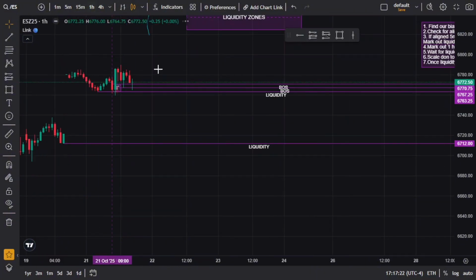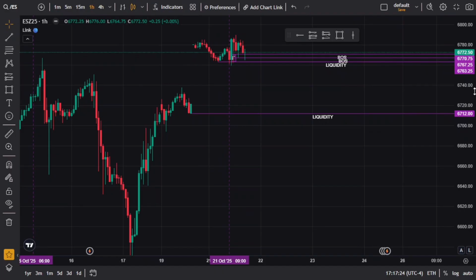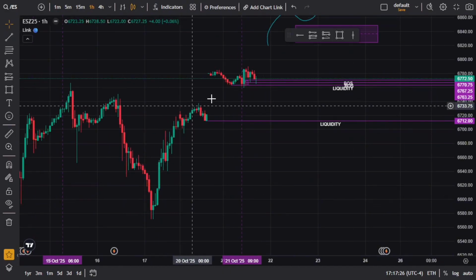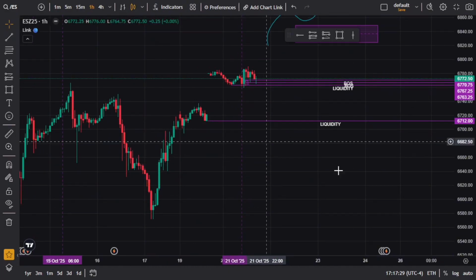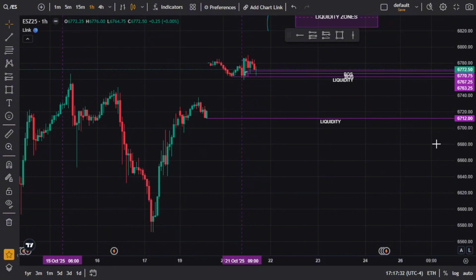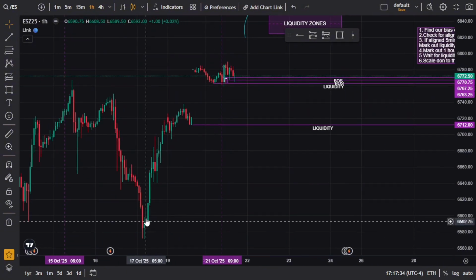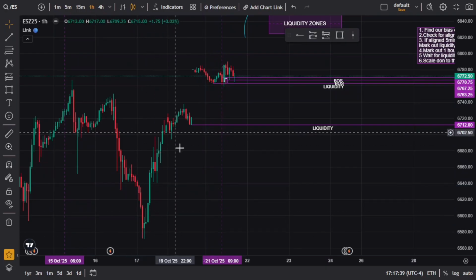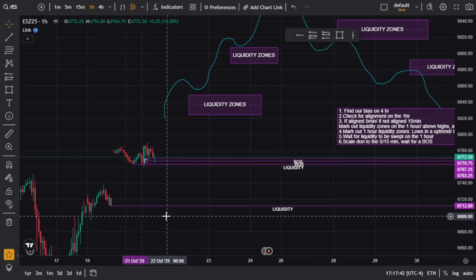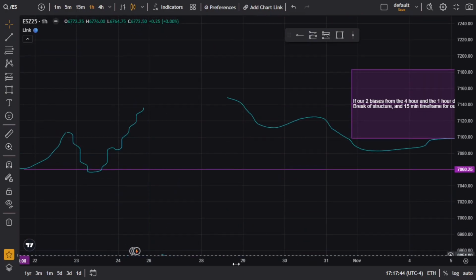you're going to scale down to your lower time frame, your 1 hour, and check to see if you're also in an uptrend. So for example, if the 4 hour is in an uptrend, we want to check the 1 hour to see if it aligns with that 4 hour. Meaning, if we're in an uptrend on the 4 hour, we want to check the 1 hour to see if we're also in an uptrend. If so, it's a good sign.